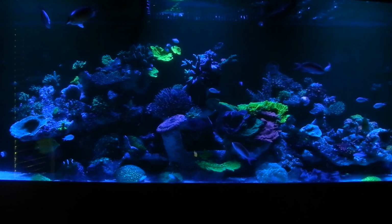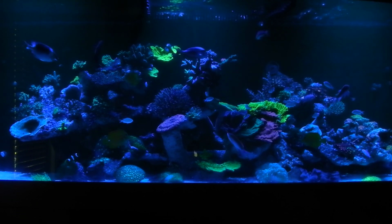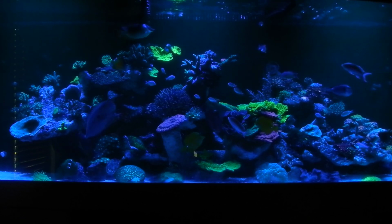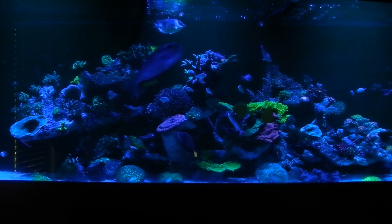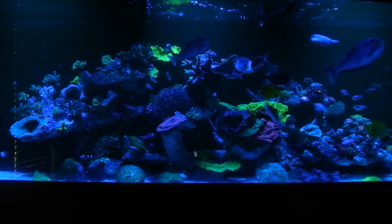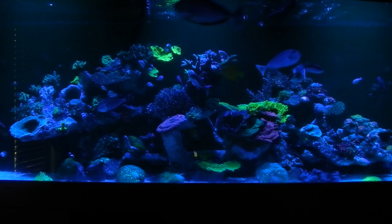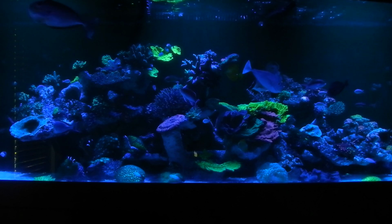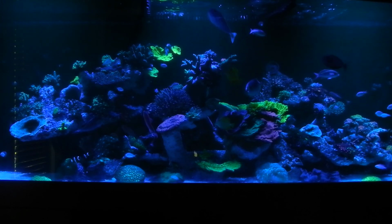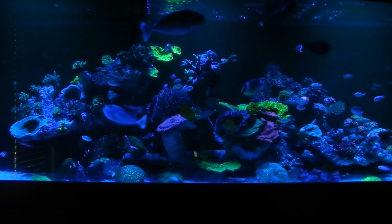What I'm going to do is go ahead and log into my lights. I have the cable connected now, so I'll log in so you guys can get a preview of everything these lights can do. I'm utilizing, like I said, a 50-foot cable. The reason I have the 50-foot cable is that my 30-gallon, the one for my son, is all the way in the front of the house, and I wanted to utilize my desktop to be able